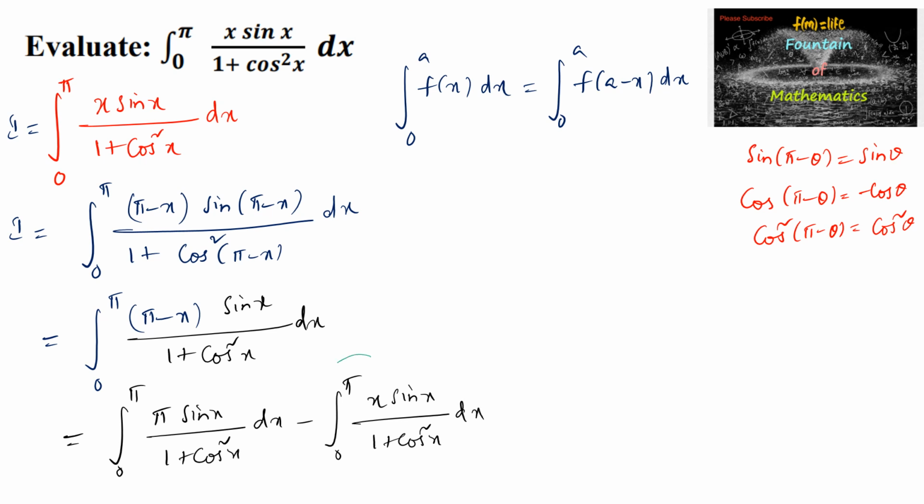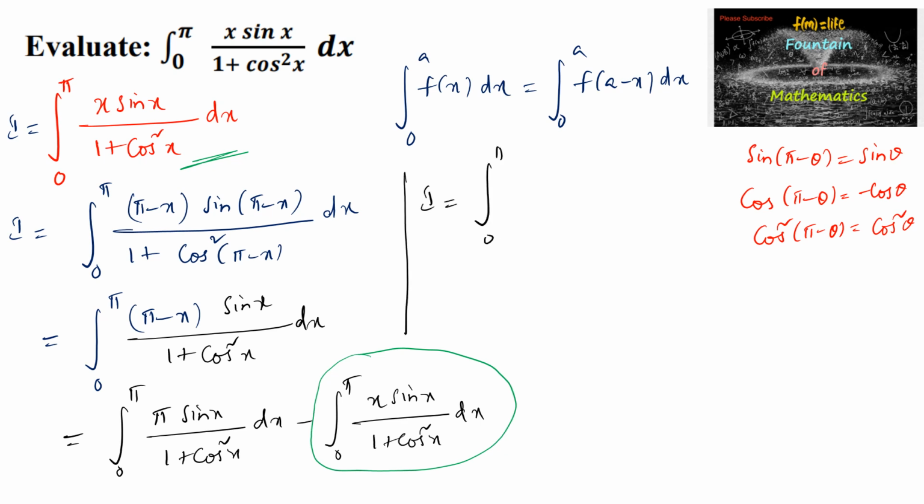And here we can say that this, integral 0 to pi of x sin x upon 1 plus cos square x, is the same I. So we can write it as I is equal to integral 0 to pi of pi sin x upon 1 plus cos square x dx minus I. That is 2I is equal to,